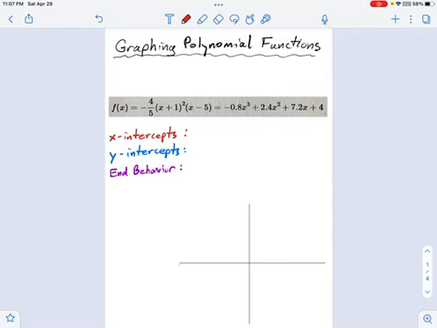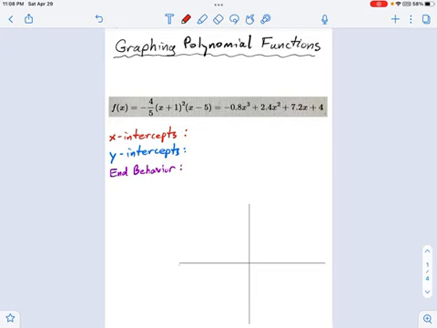I have here a polynomial function, and we're told to graph it. So let's go about doing this in the way I go over in class. I prefer talking about the x-intercepts first. And the place these come from is these factors right here. I'm going to look inside each parentheses and talk about what's inside the parentheses.